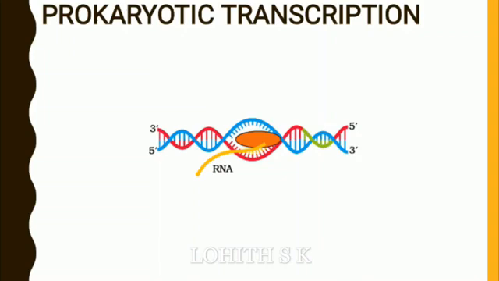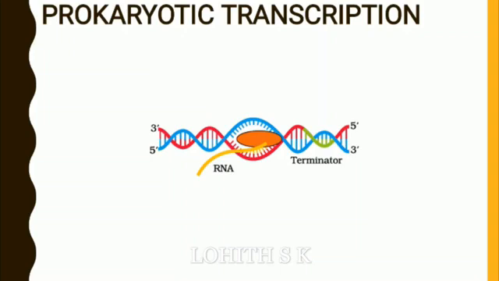So like this, complementary to the parental DNA strand, there will be the joining of RNA nucleotides, and that leads to the formation of the RNA molecule. Now the process continues, but when the RNA polymerase enzyme reaches the terminator, the last step takes place. So till here, after the initiation of the process, the continuation process is called chain elongation.